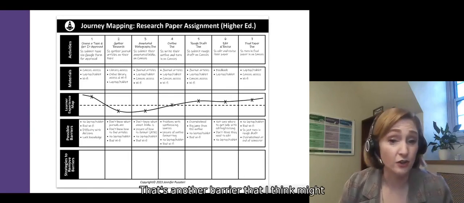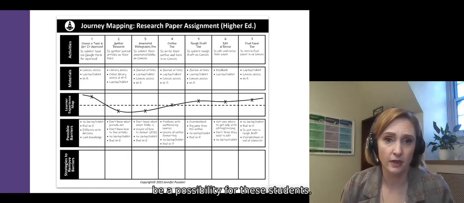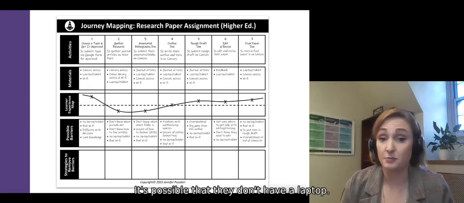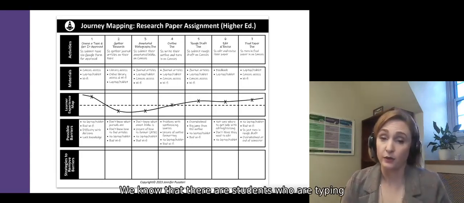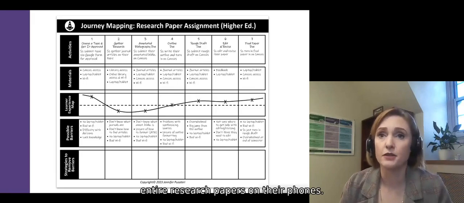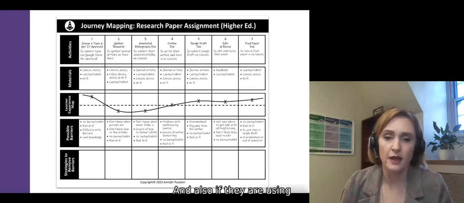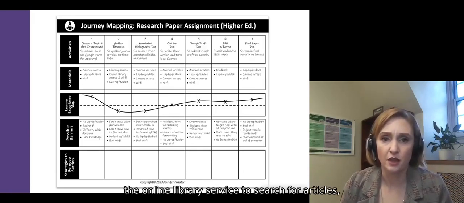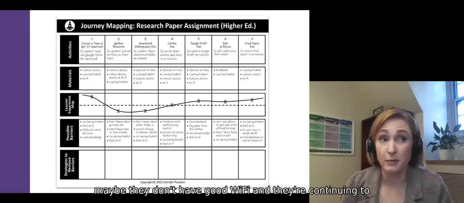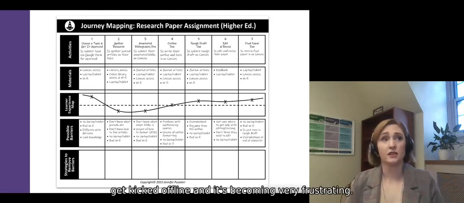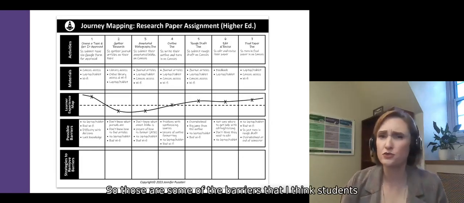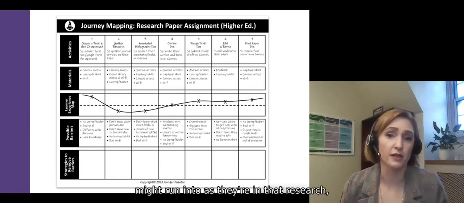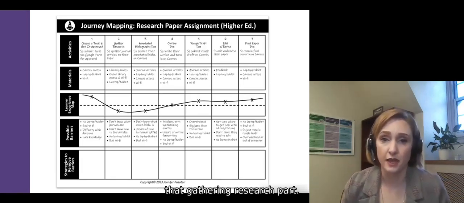They don't know how to find articles. That's another barrier that I think might be a possibility for these students. It's possible that they don't have a laptop or a tablet. We know that there are students who are typing entire research papers on their phones. And also if they're using the online library service to search for articles, maybe they don't have good Wi-Fi and they're continuing to get kicked offline, and it's becoming very frustrating. So those are some of the barriers that I think students might run into as they're in that gathering research